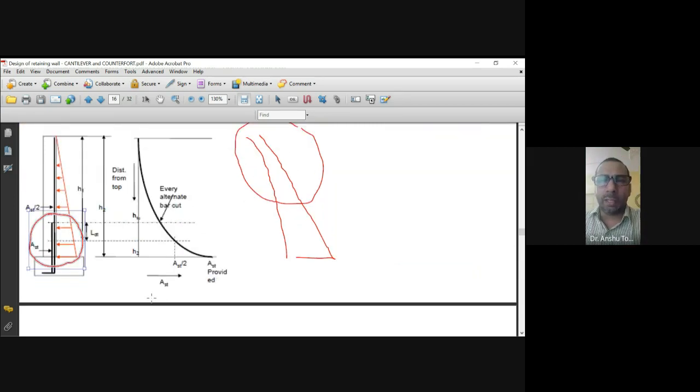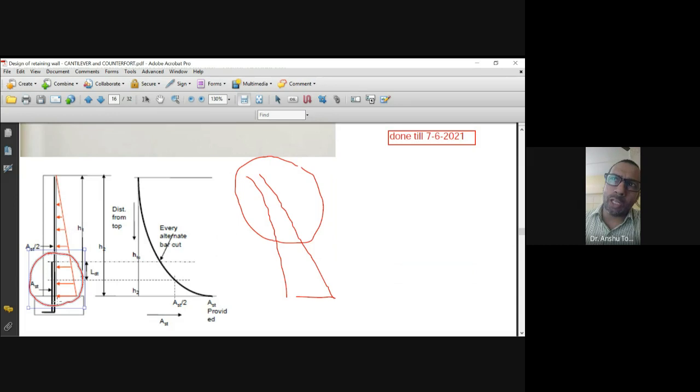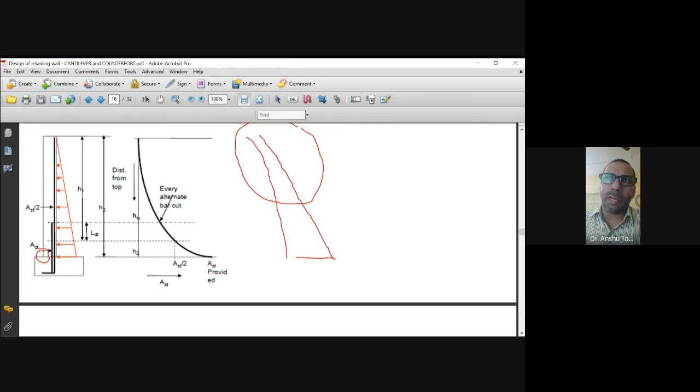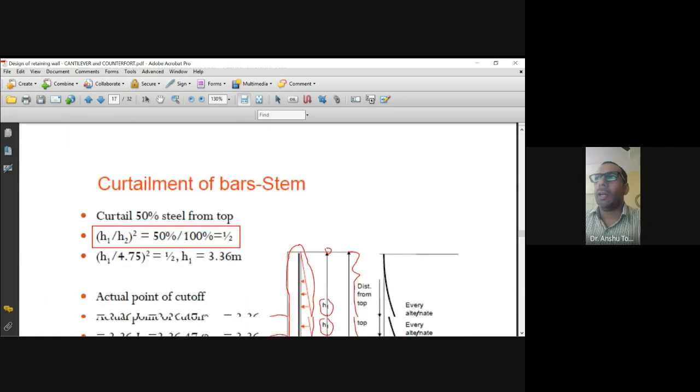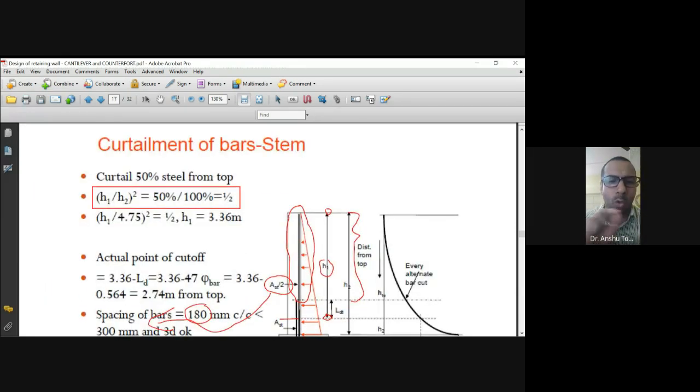And one more thing you can do, you can provide the distribution steel over the whole span also. But ये जो हमारा region है, this region, this can crush in compression. So on a safer side, you can just provide AST 1/2 onto this right hand side of the stem. And these are the things to be written in the notes where you are preparing your own handwritten notes.